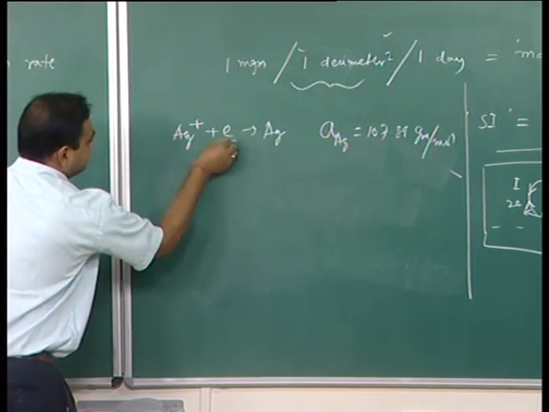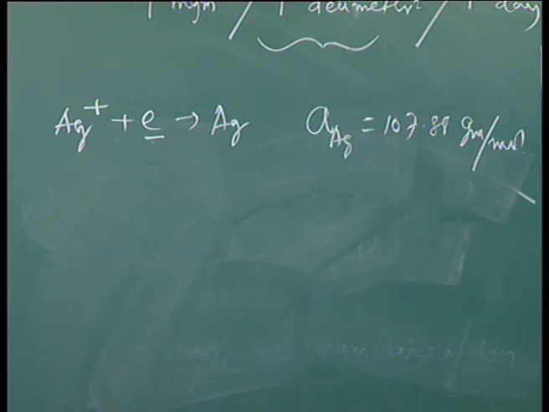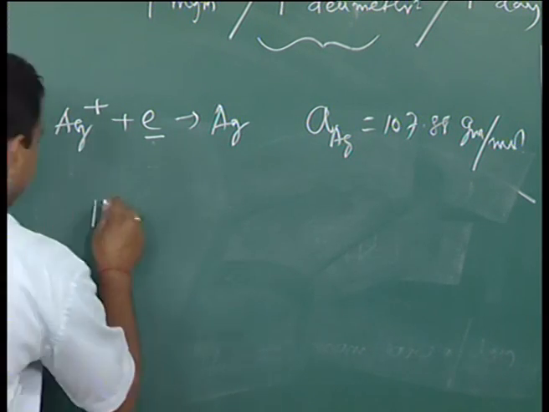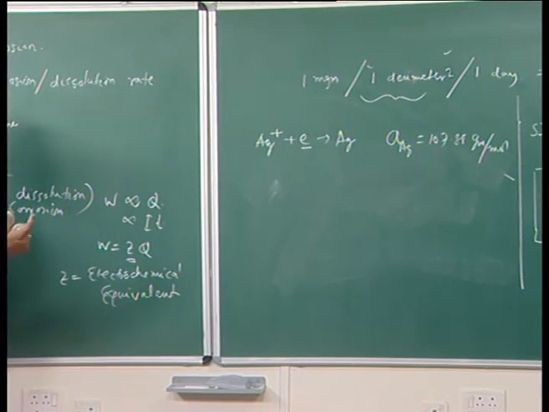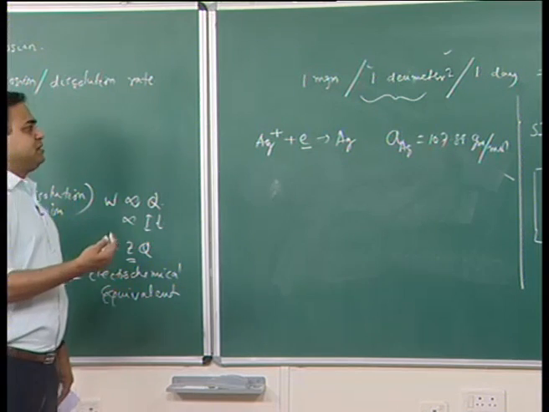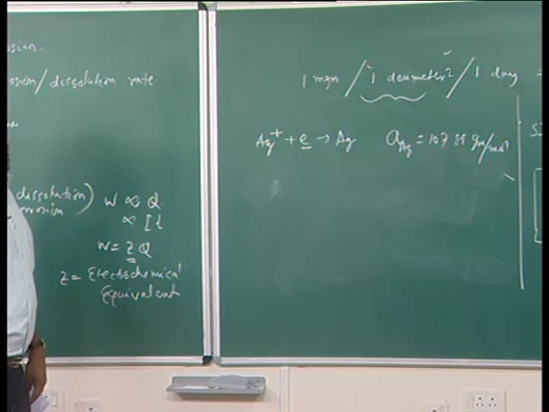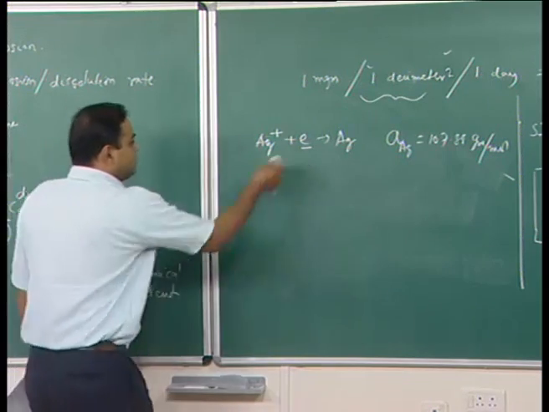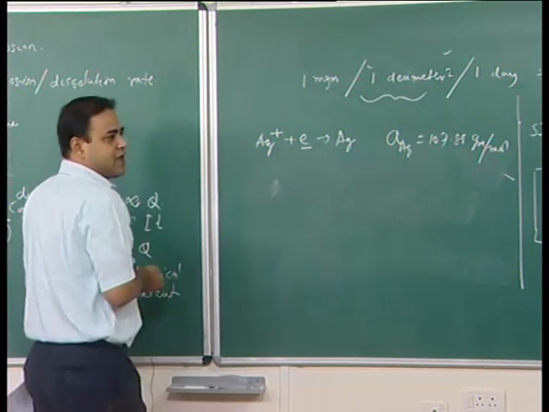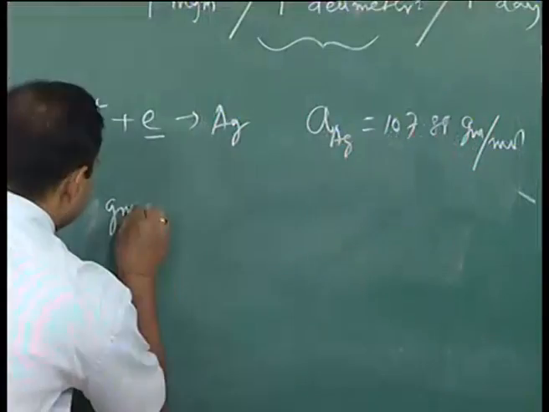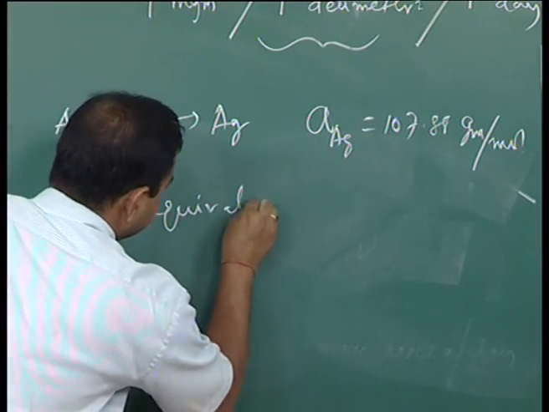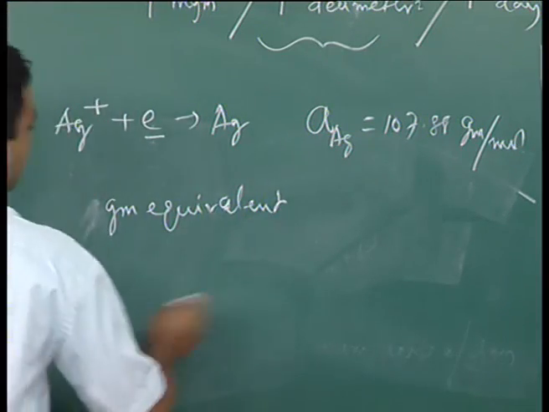Now here we know that the number of electrons that is involved for this reduction process is 1. Now if we would like to find out what is my electrochemical equivalent, that means how much metal silver will be deposited on the silver electrode per coulomb. So, now from this we can measure what is the gram equivalent. In this case, since one electron is involved, so gram equivalent for silver would be equal to